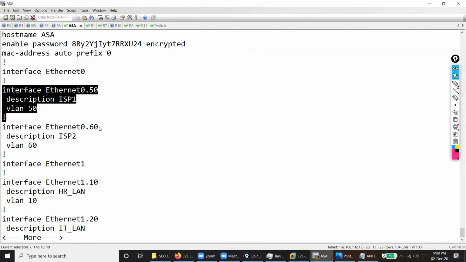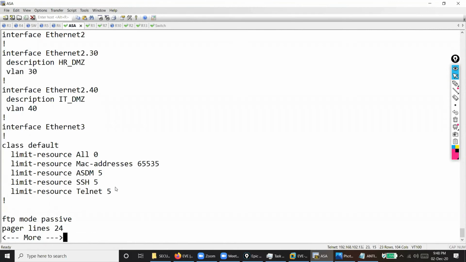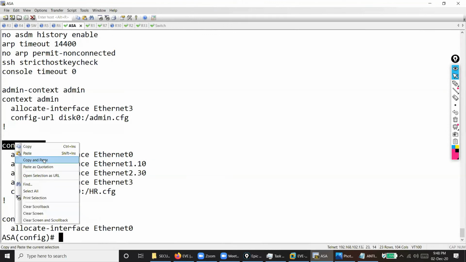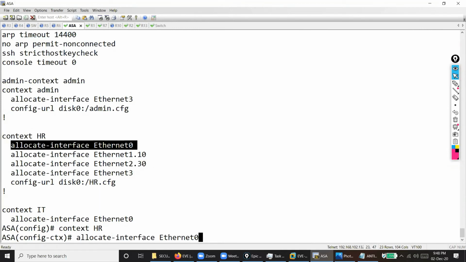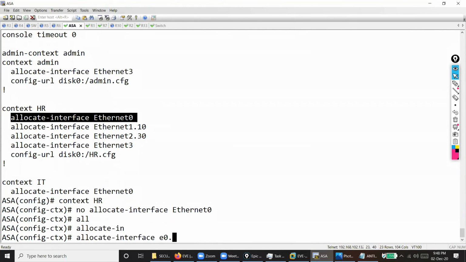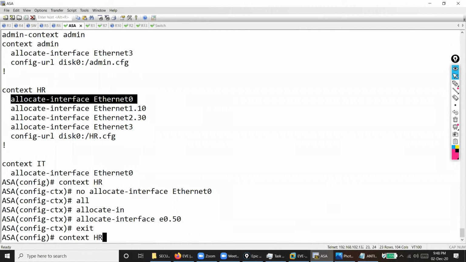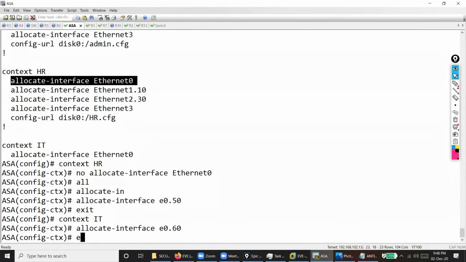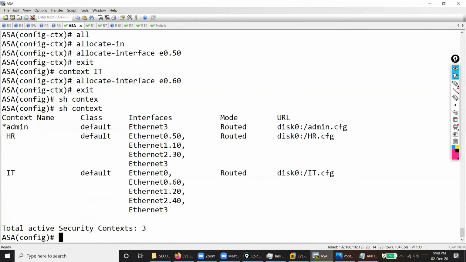Okay. So 50 and 60. Now what I'll do, I'll go here in the HR context. Instead of this, I say allocate interface E0.50 and 60. Show context. Now you see